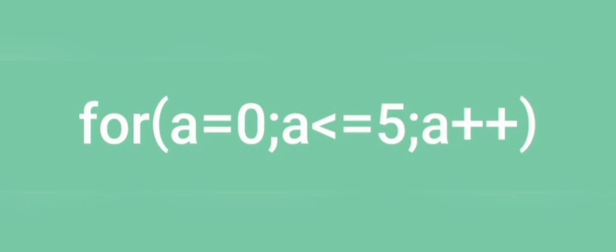Now when we will compile our code, the compiler will check that the value of a is equal to 0, which is lesser than 5. Hence our condition is satisfied in this case. So the block under this loop will be executed for once. Then the value of a will be incremented by 1. This is because we have made use of increment operator.